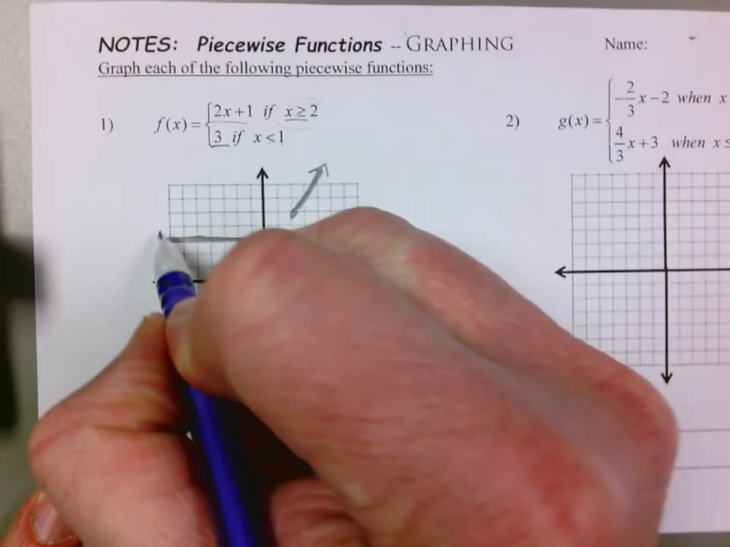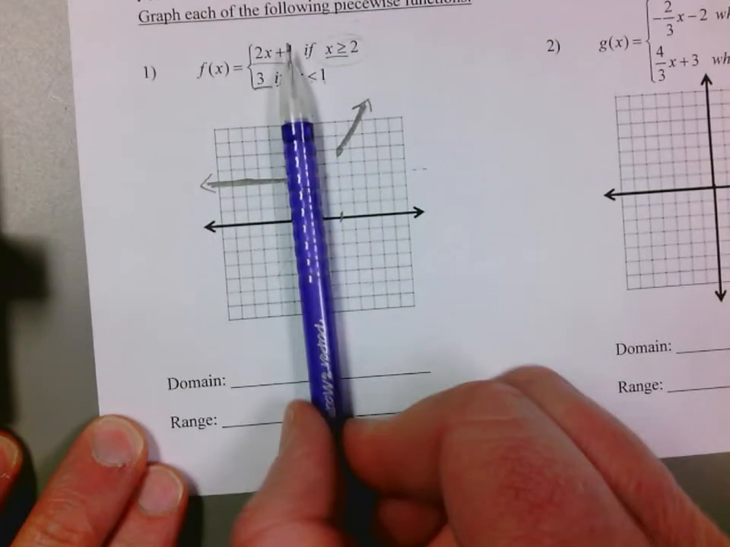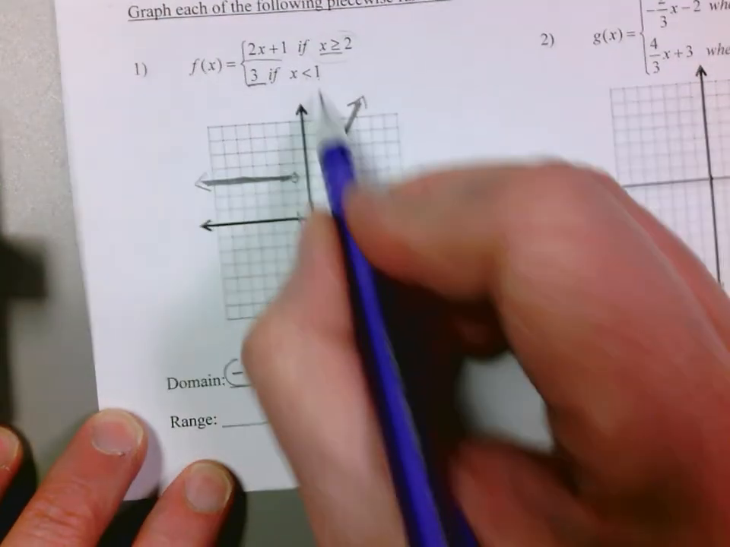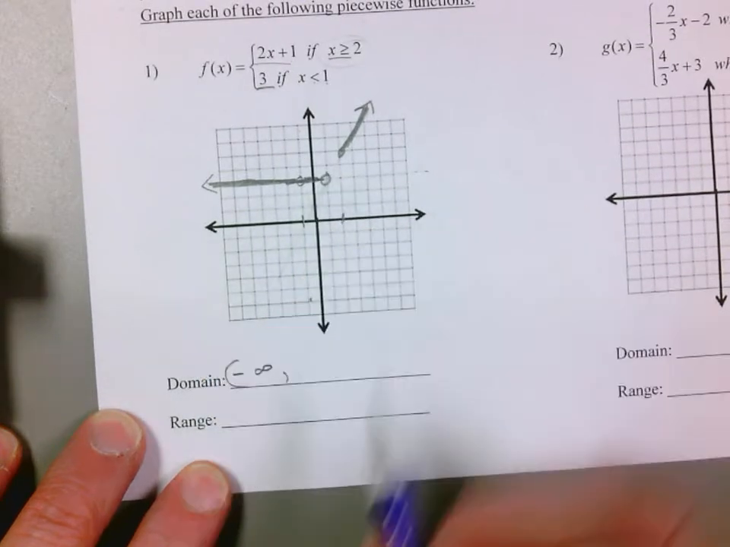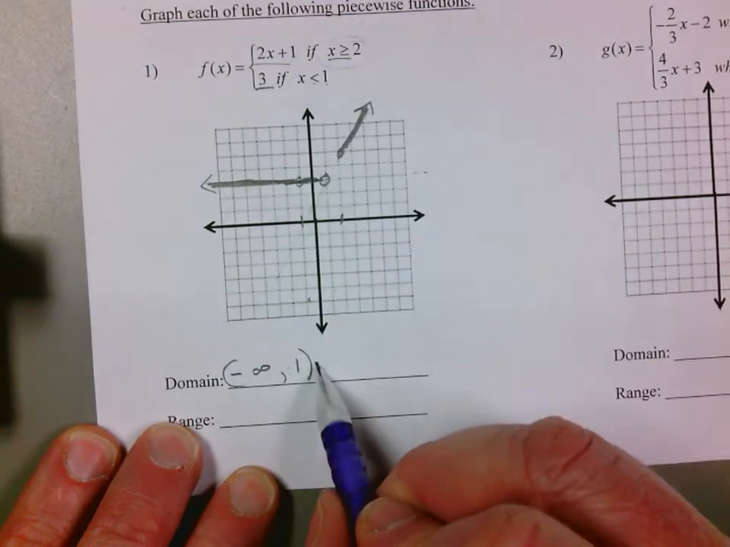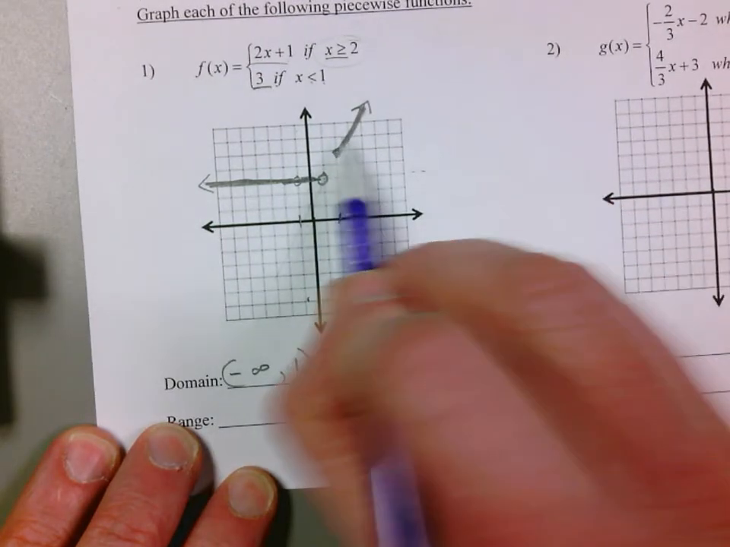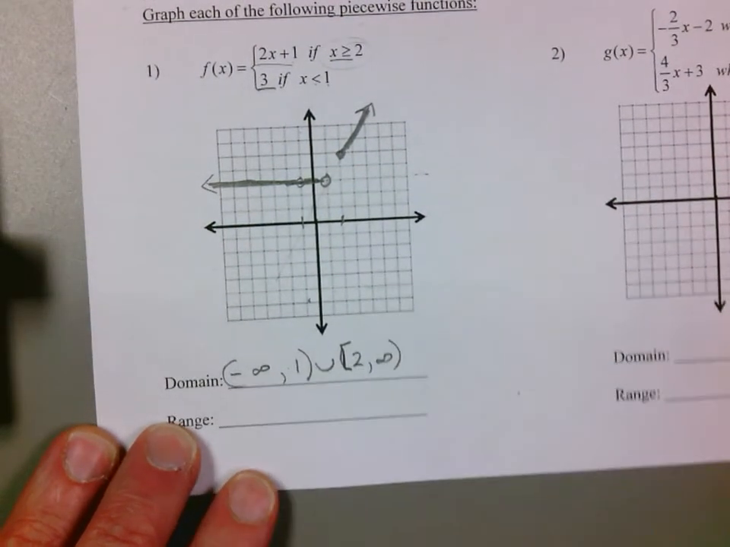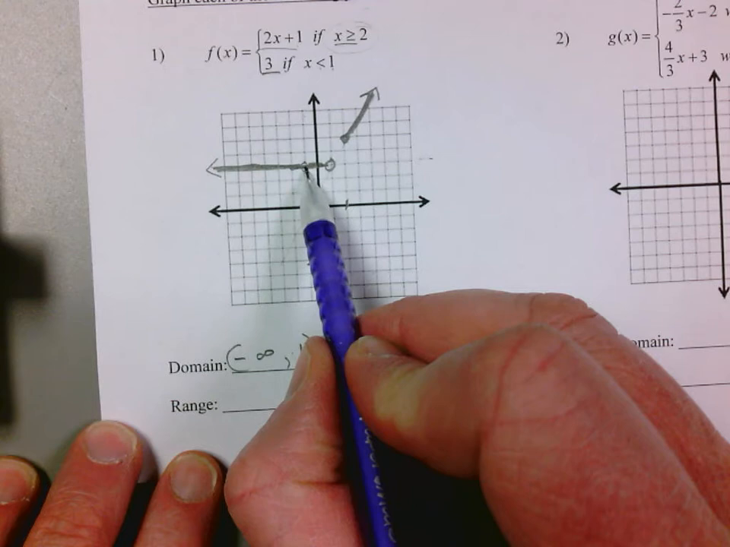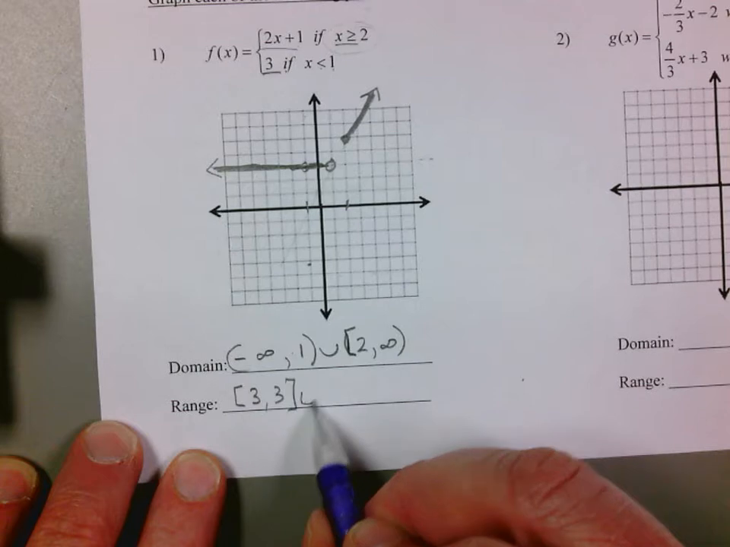So the domain is the same as what we used to do, right? Negative infinity. Sorry, that said x less than 1, not negative 1. There we go. Negative infinity to 1, and then we skip a little bit and we pick up at 2 and we go to infinity. And the range, I don't have any values until I get to 3. I go from 3 to 3, and then I skip something, and then I start at 5